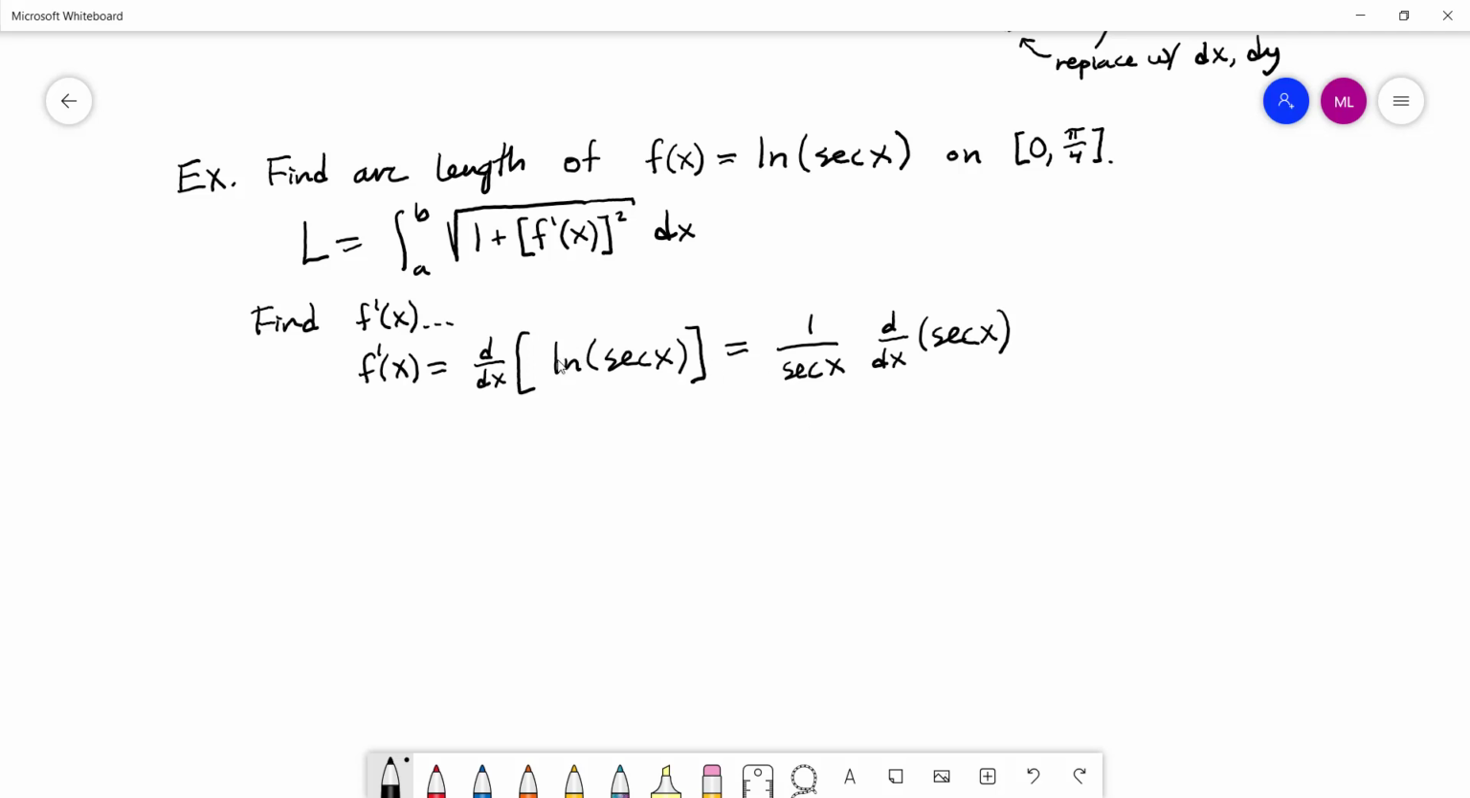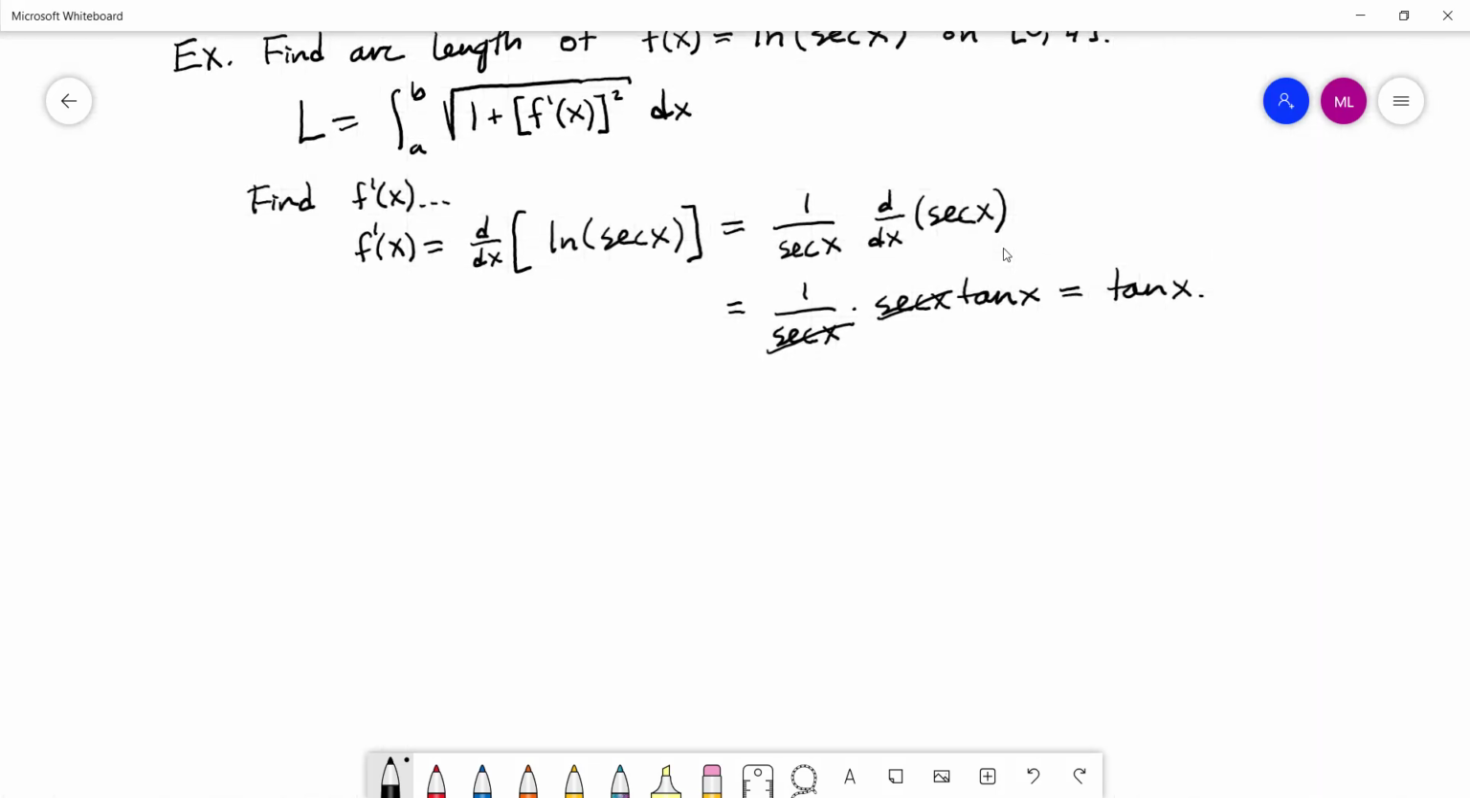So in this case, we get 1 over stuff times the derivative of the stuff. What's the derivative of secant? It is secant tangent. So I've got 1 over secant of x times secant x tangent x, which is that derivative. The secants are going to cancel, and we just wind up with tangent of x. And that gives us, for our integral,